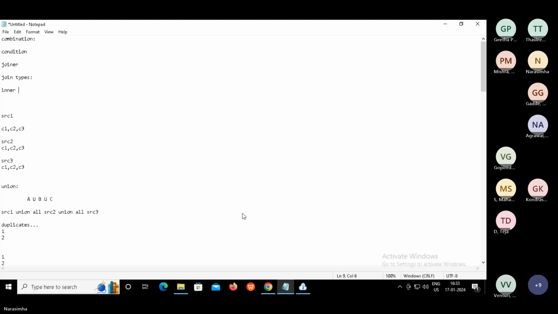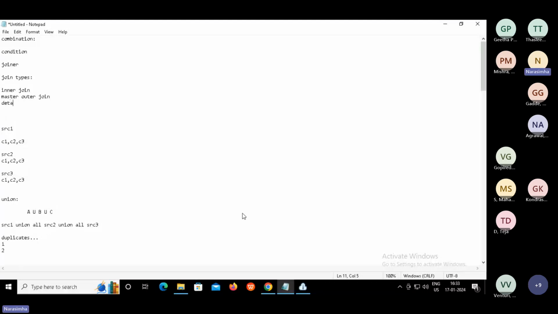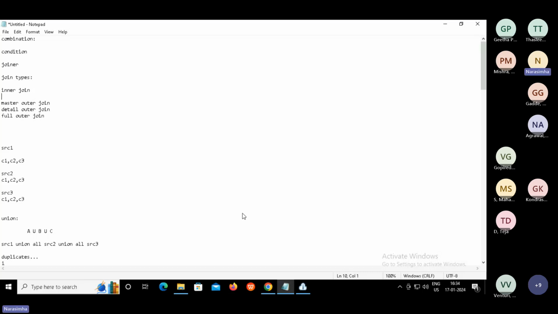First, inner join; second, master outer join; third, detail outer join; and fourth, full outer join. These are the four types of joins supported by the joiner transformation. Let us talk about them one by one.